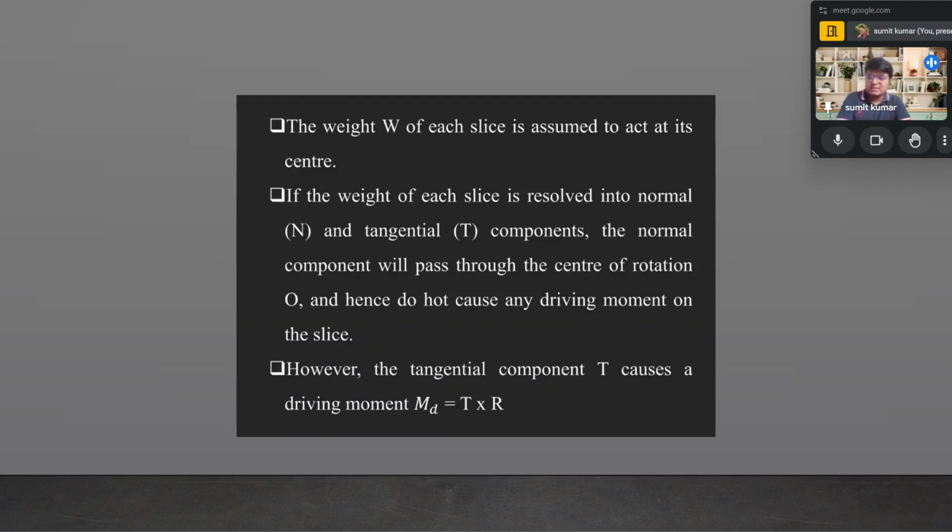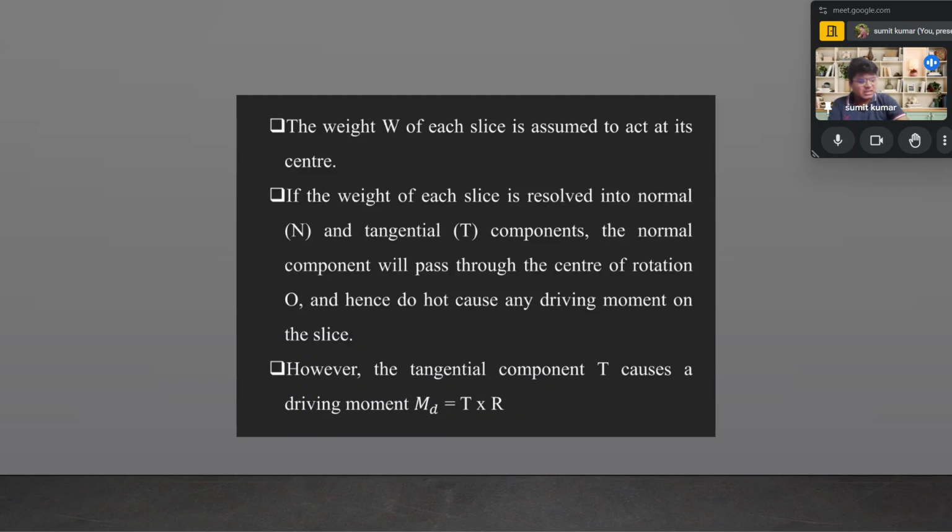As for this calculation, the W of each slice is assumed to act at its center, and if the weight of each slice is resolved into the normal component, that is N, and the tangential component T, the normal component will pass through the center of rotation O. Hence, it does not cause any driving moment on the slice. However, the tangential component T causes a driving moment, that is Md equal to T multiplied by R,